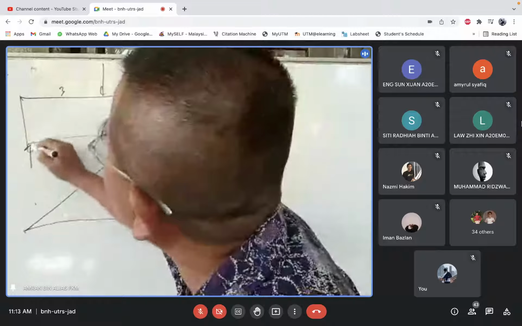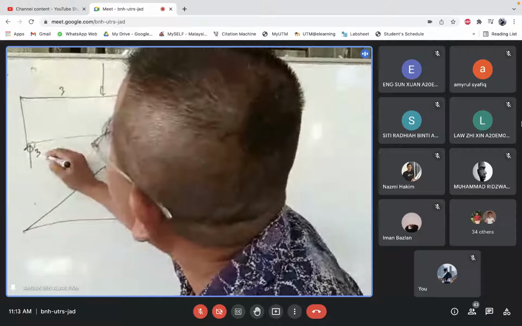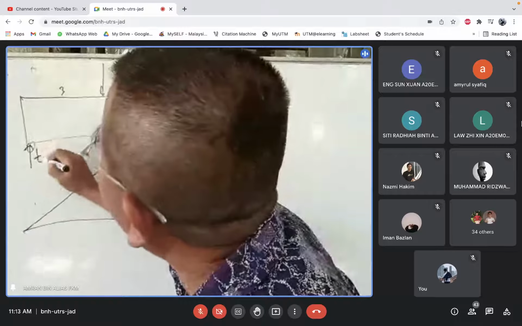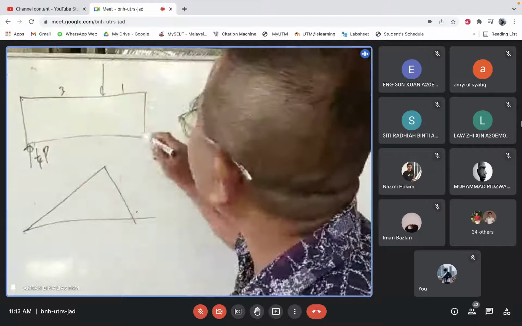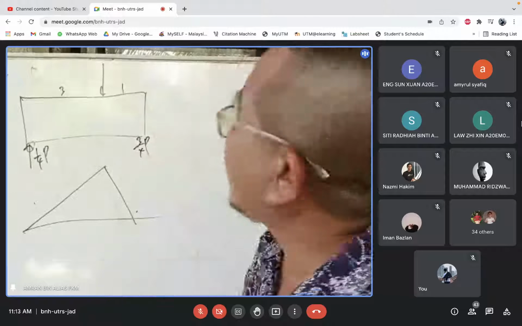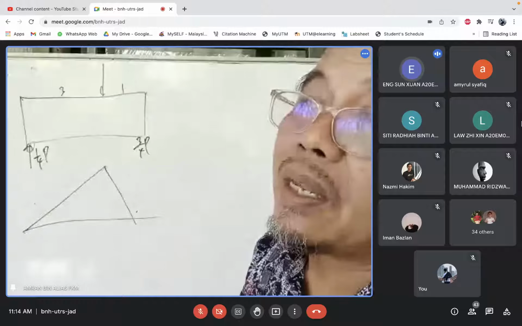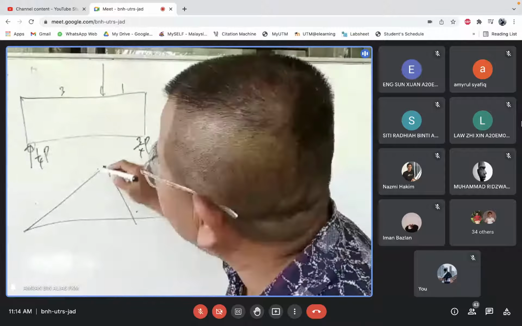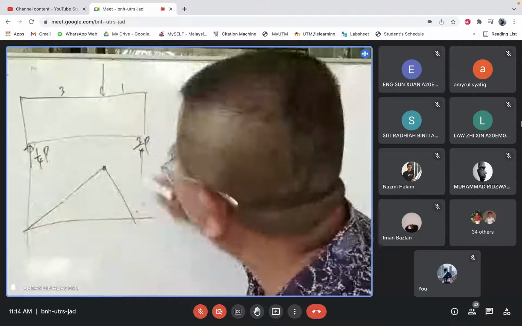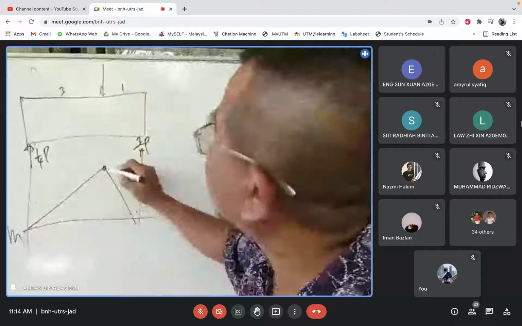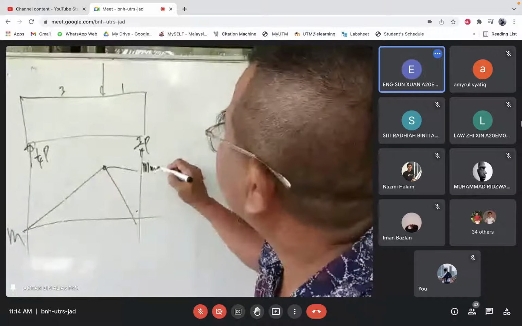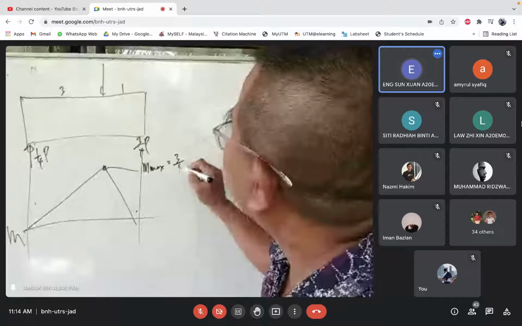So this must be 1 over 4P, and this must be 3 over 4P, correct? And then what is the value of the maximum moment there? Can you detect very quickly? 3 over 4, 3 over 4